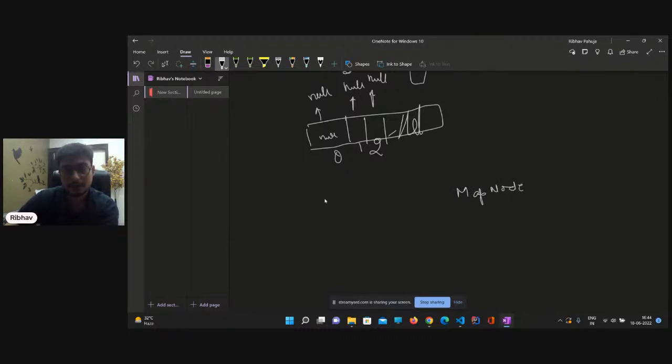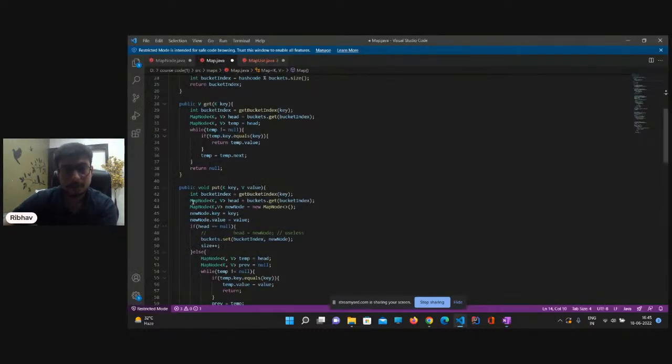Let's say I get ABC and corresponding to that I need to put in 2. I'll be creating a new map node object with the key ABC and the value 2, and I'll be placing it at the particular position where the hash of ABC comes out. To code it here, let's say I get the bucket index.